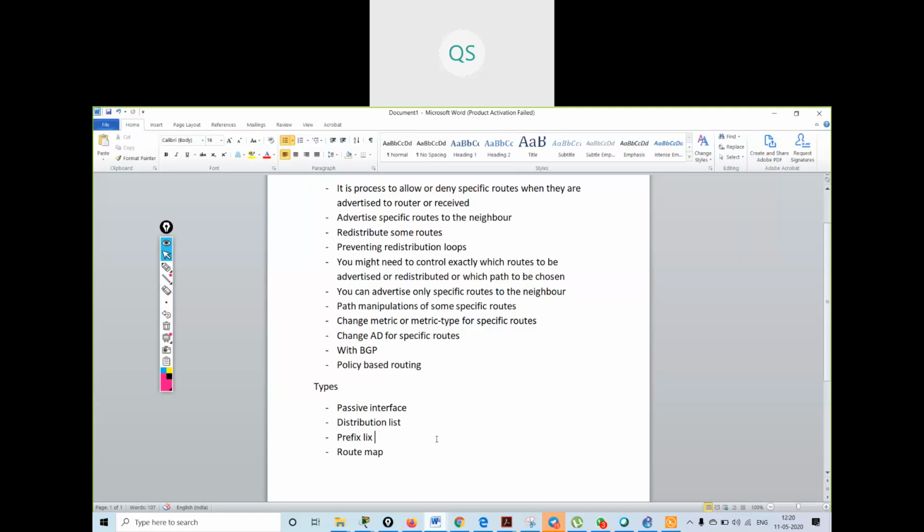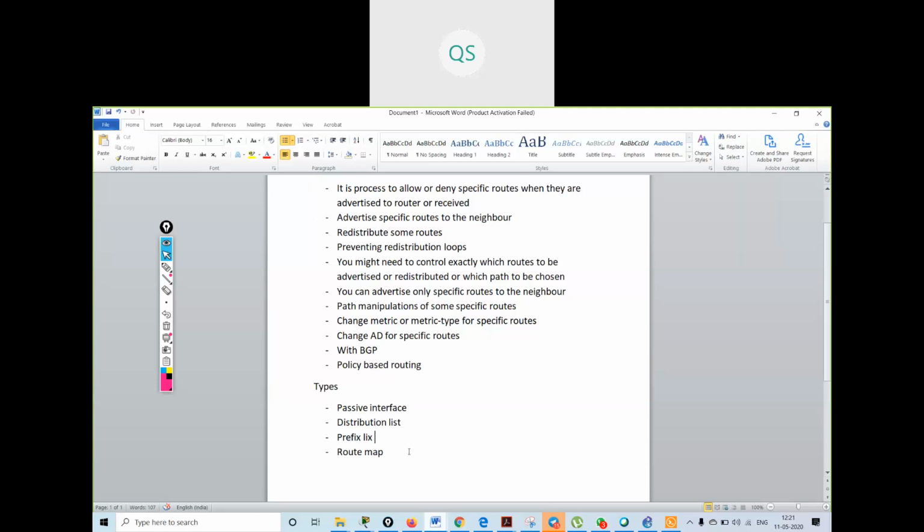See, you can match routes using prefix list. As I told you, access list also can deny or permit some routes. Okay, so in prefix list also you can deny or permit specific routes.